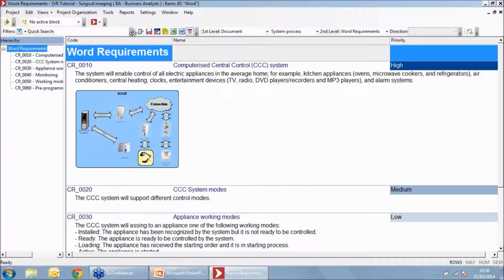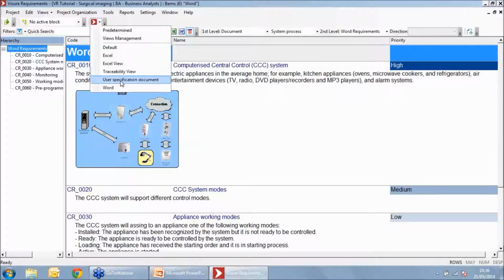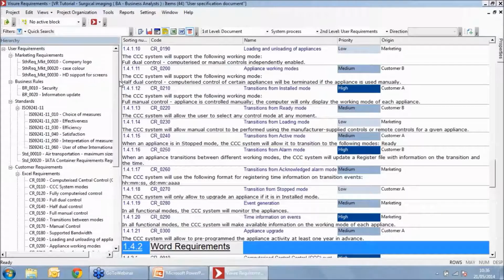In fact, one of the things that is also different when working with Word and Excel is that now that the information is in the tool, I can arrange that information, I can present that information in the way that is going to better fit my needs. So for example, if I want to work in a more Microsoft Word-like view, like for example this one,